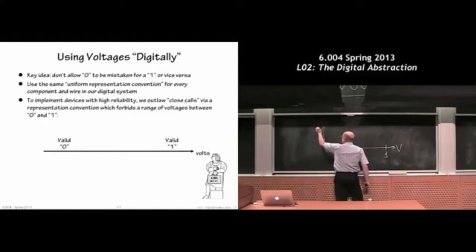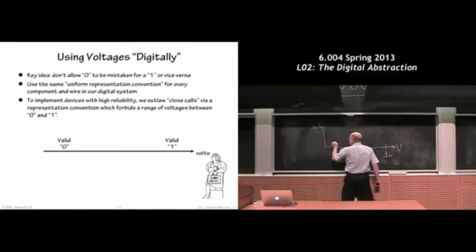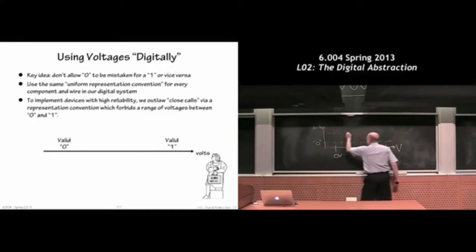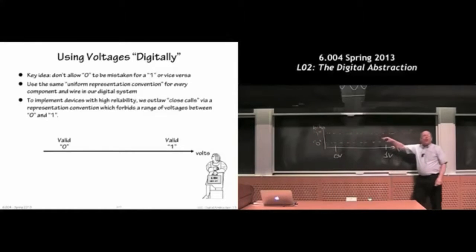And what I want to do is to map them onto bits. So this is volts. Okay, and here I have bits. So this will be 0, the bit 0. And let's say up here will be the bit 1. And what I want to do is to produce a little chart that tells you for each voltage what the